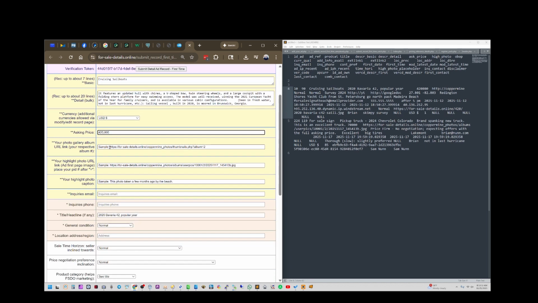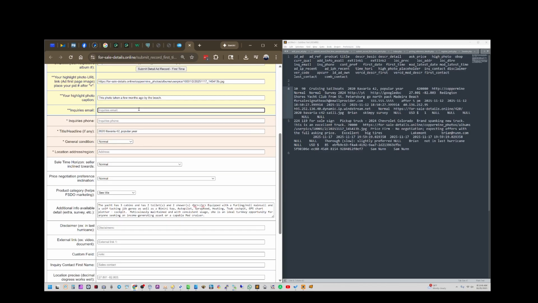And so you put your respective album number once you get all your photos here, and you'll have an album in a particular JPEG for the highlight that you pick. Sometimes you have to right click to get the image URL, open image in new tab. And then this photo taken a few months ago by the beach. All right, so